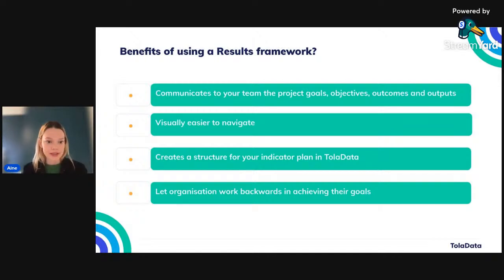With the framework, it makes it visually easier to navigate as it is color coded and it looks very pretty, which you'll see in a few minutes. And it also then creates a structure for your indicator plan within Tola Data. So as I said, you have to first create the results framework, and then you can slot in your indicators